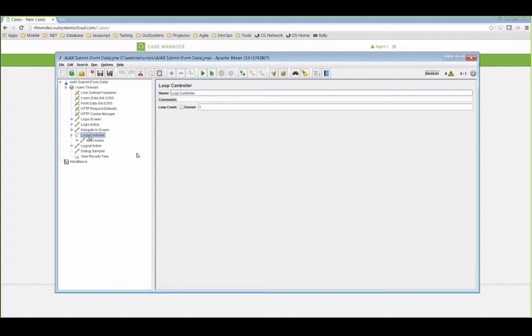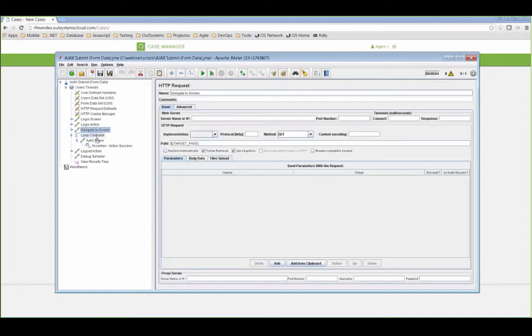So we inject here a loop controller, which in JMeter terminology is a logic controller. This is an element that allows you to change the logic that JMeter uses to issue the requests. This particular one will only perform a loop. So I will run this 3 times, and let me bring here to my loop also the navigate to screen,